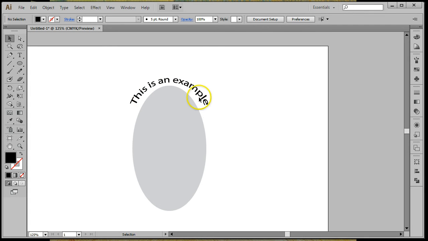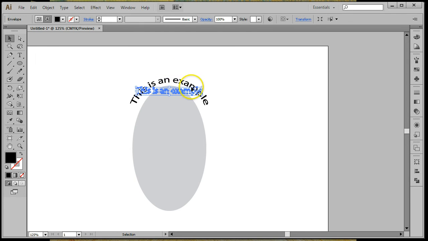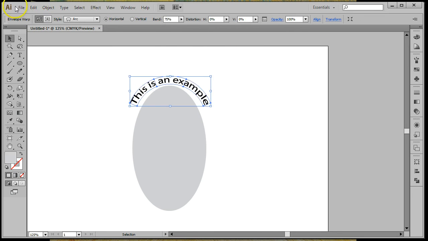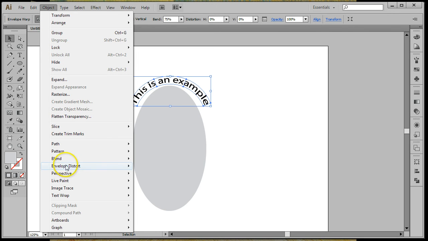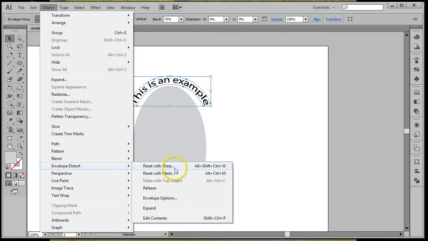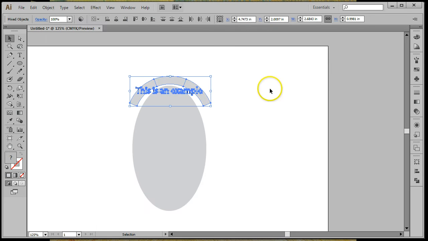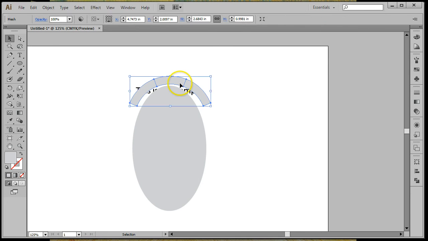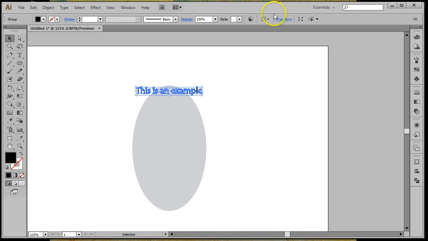Hey Tina, I'm going to try and answer questions, but I can't seem to make Illustrator do what it sounds like you're having problems with. So, to start with, I have this text that I've used transform on the warp. Remember, Object, Envelope Distort, Make with Warp, or well, there we'll release it. Get rid of that. So here's the text, and